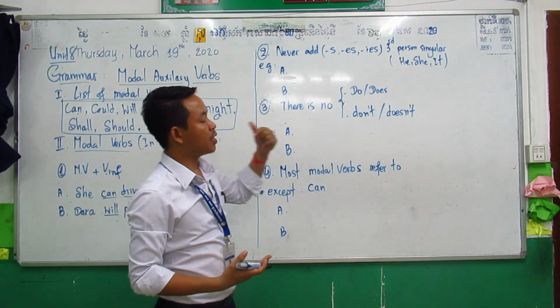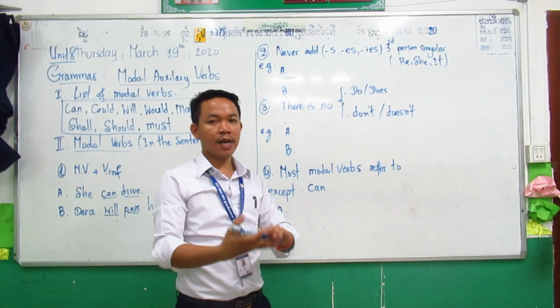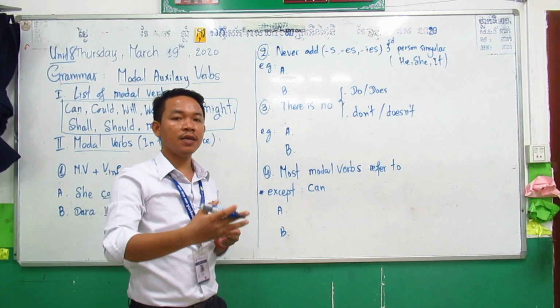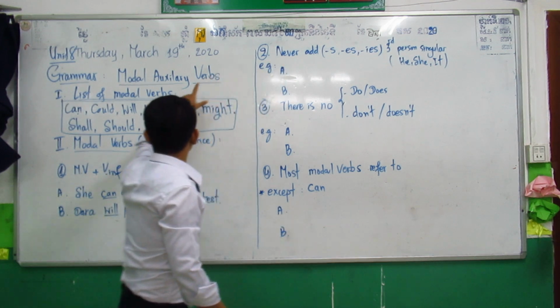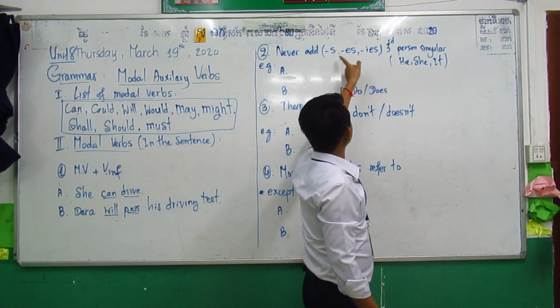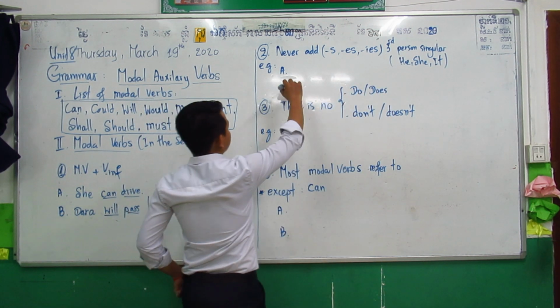So as we know, in the present simple tense, when the subject is he, she, it, you need to change the verb. You have to add s, add es, or change y to ies. It depends on the ending of each verb. Okay, so for modal auxiliary verbs, there is no need to change or to add this s, es, or ies to the verb. For example,